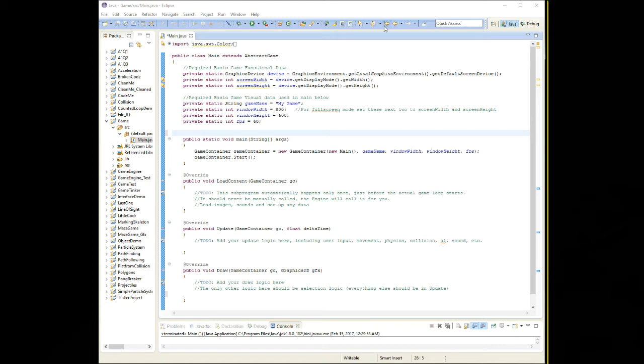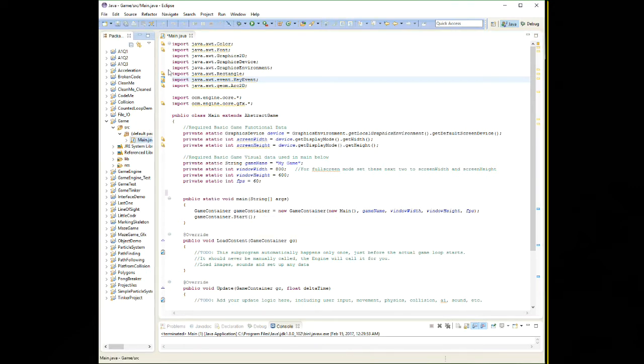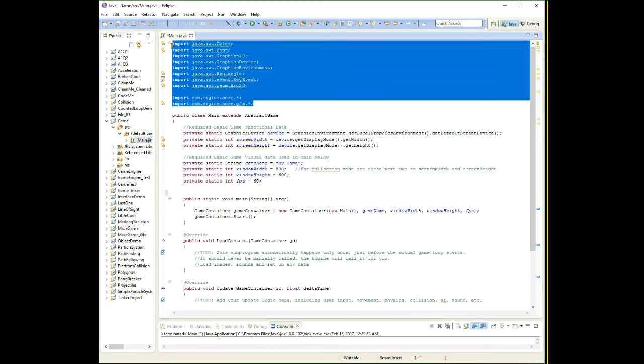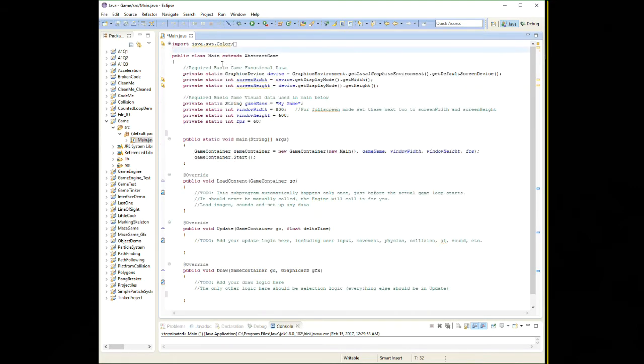So the first thing, we'll start at the top and we'll work our way down. The first thing up at the very top is our libraries. Now these libraries, there's a few more than you normally see. These are the main ones that are part of the engine that we've set up, but there are a few others that we do take advantage of, and they all need to be there. So when you create this game project, you're going to be working in your main.java, as we see here, and if you start adding more files, then you may need to include this stuff as well, just to make sure everything will work in all the files, but it depends on what you're doing in those other files. So anyways, those are our libraries that need to be there, and below this we get into the main,